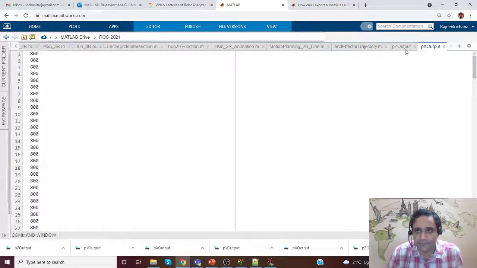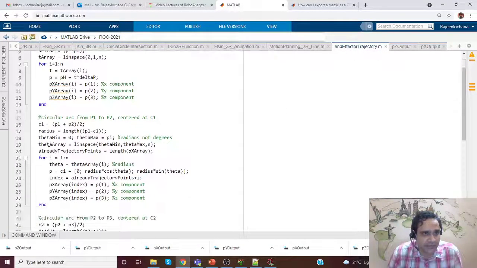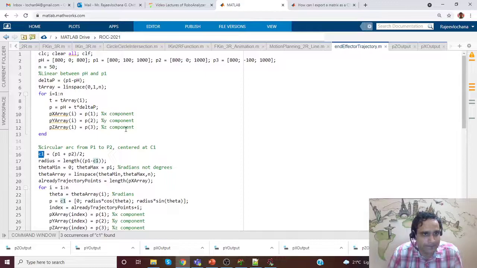Let's see. End effector circular arc P1 plus P2 by 2. Maybe this length is the culprit. P1 plus P2, P1 plus P2 by 2. When we do, we'll have 800.